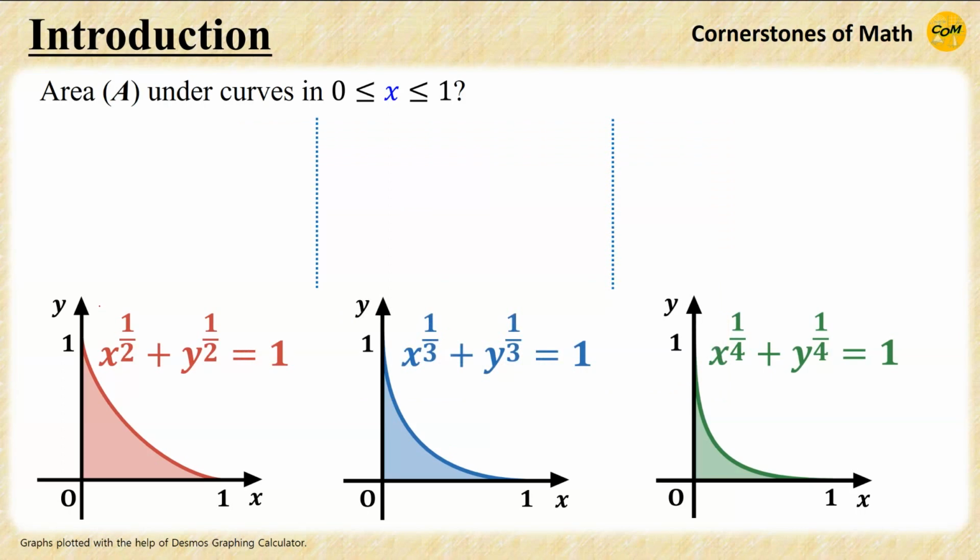In that video we had graphs of x to the power of 1/2 plus y to the power of 1/2 equals 1, x to the power of 1/3 plus y to the power of 1/3 equals 1, and x to the power of 1/4 plus y to the power of 1/4 equals 1. And we wanted to calculate the areas of the regions between the graphs and x-axis for x from 0 to 1. I have already solved the problem in my past video, so in here I will just briefly summarize and